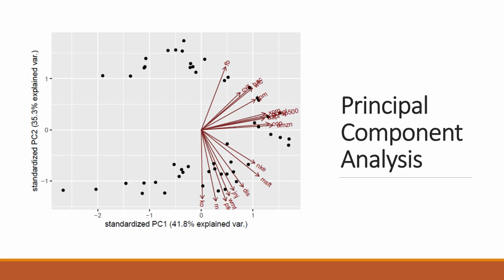If their arrows are pointing in the same direction, that means those stocks are very similar. So we can find the SP500 right over here, and it has a few stocks that are very similar to it. For example, Amazon, ConocoPhillips, ExxonMobil, and